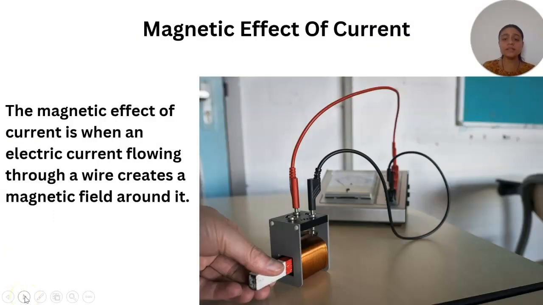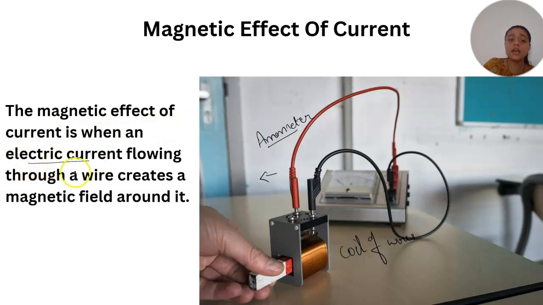Now you can see there is a circuit there, right? You can see the wires, or you can say it's a coil of wire. And there is a device, an ammeter, which is used to measure the current. The magnetic effect of current is when an electric current flowing through a wire creates a magnetic field